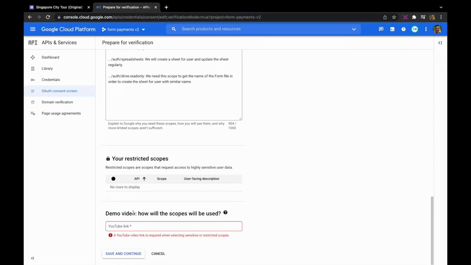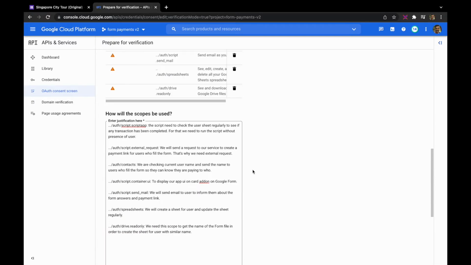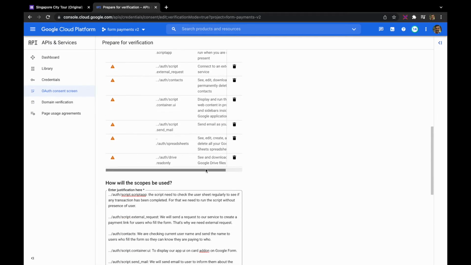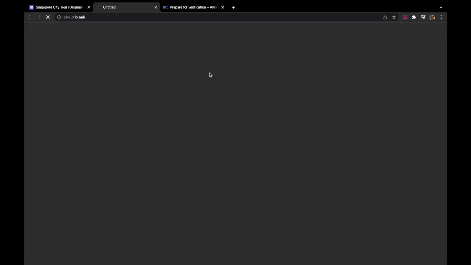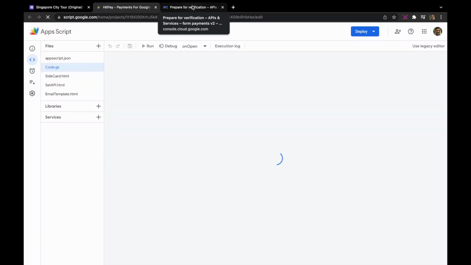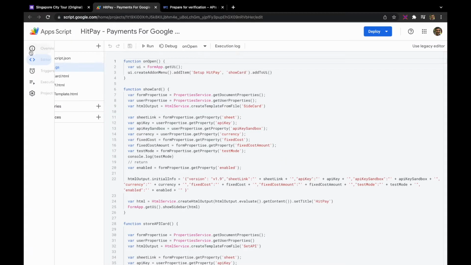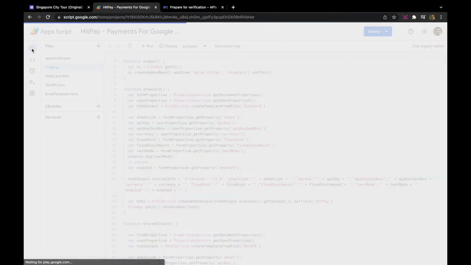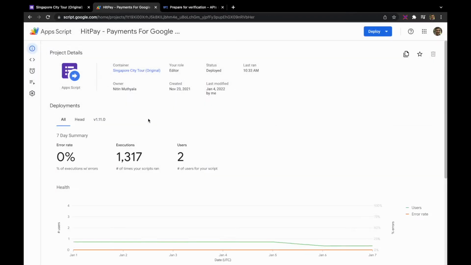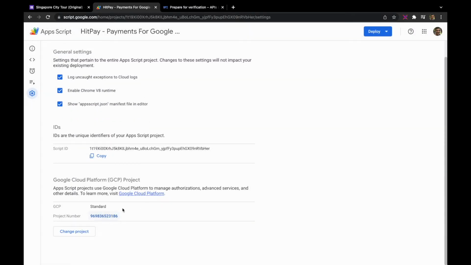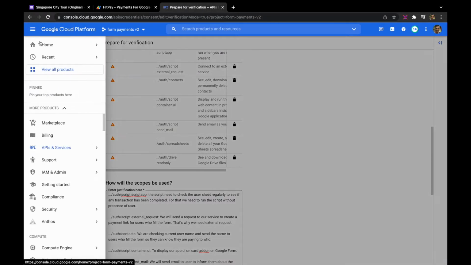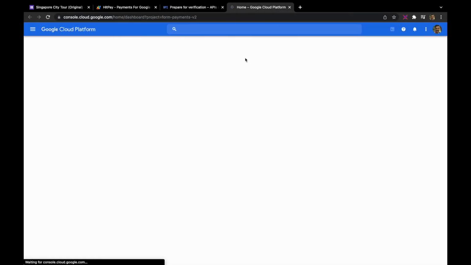Okay, in this video I want to explain how we are using the scopes in our application. Currently we have a form add-on application that we can access from here, script editor. And this add-on is connected to our project. If you look at the project settings, 186, and here we have the dashboard